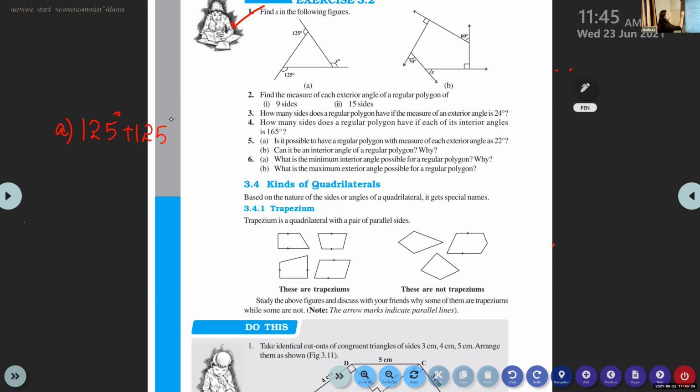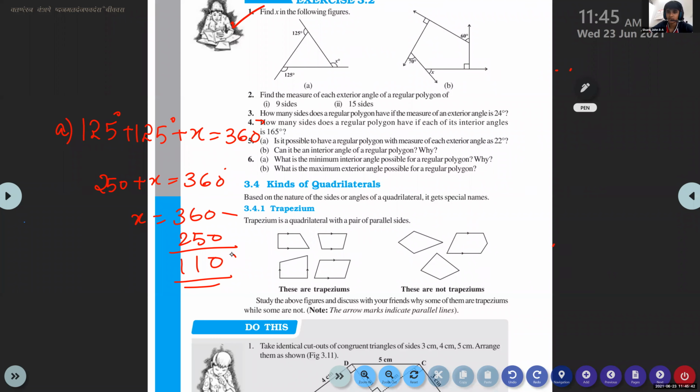125 plus 125 plus x equal to 360 degree. So 250 plus x equal to 360. Ma'am, the second question is 50 degree. Let me check. 110. Second question, 50, same way. One extra angle is given, only the sign is given, but you can understand that the sign is 90 degree. Here it is not given, but the other part is given, so that is 90 degree, it is a linear pair. This also will be 90 degree. So all the angles we got, except x, x is equal to 50 degree.